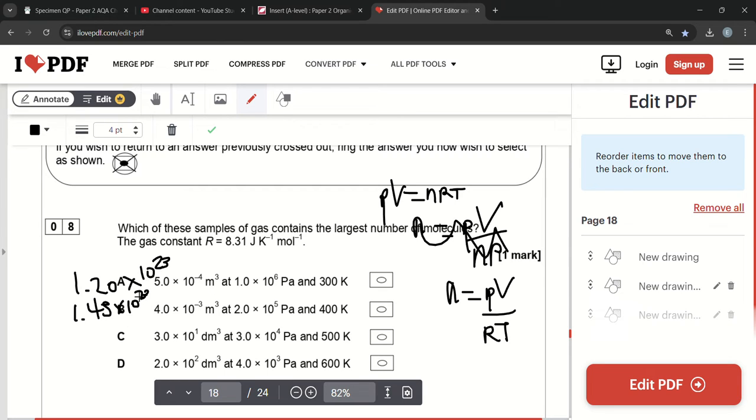How do you convert from dm cubed to meters cubed? I don't know, so I'm going to check right now. I just keep forgetting. Dm cubed to meters cubed, you want to divide by 1,000. So it's going to be